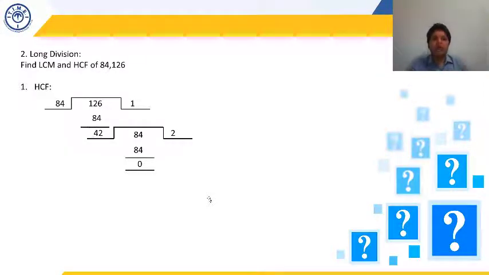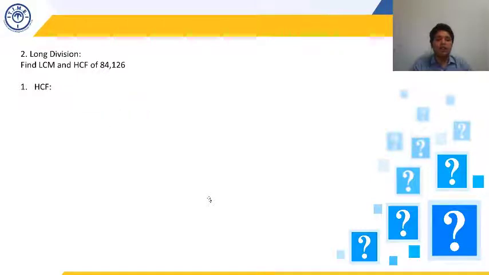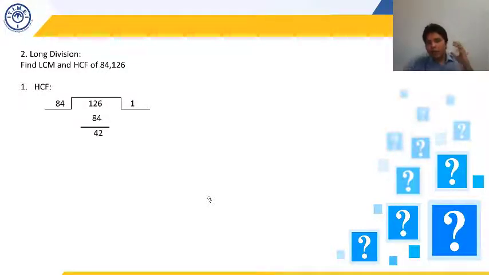I am just repeating it again, solving it for those who have not got the idea. What has to be done if we need to find the HCF of two numbers by the long division method? We will divide the bigger number by the smaller number. 84 ones are 84, the remainder comes out to be 42. So whatever remainder comes out in the first part is going to be the divisor for the next division, and whatever the divisor was in the first division is going to be the dividend in the next division.